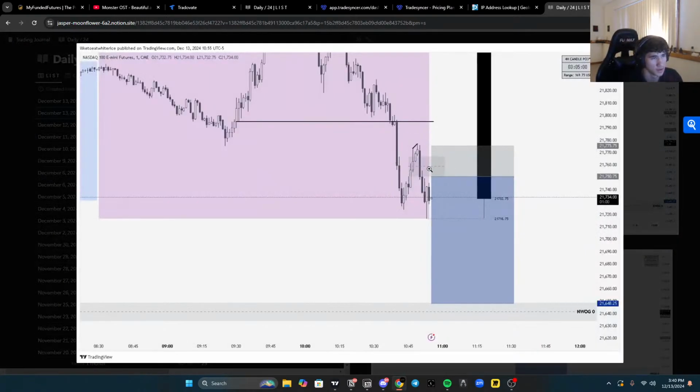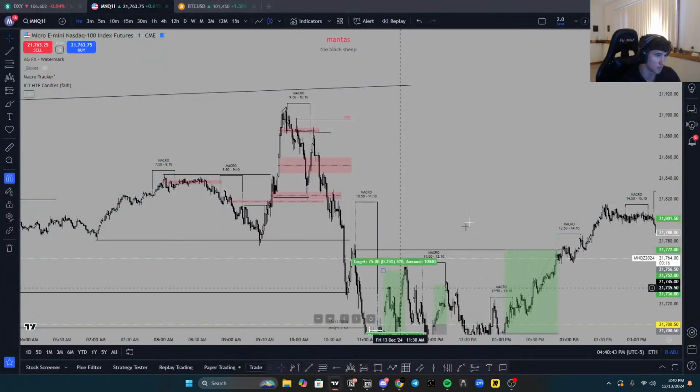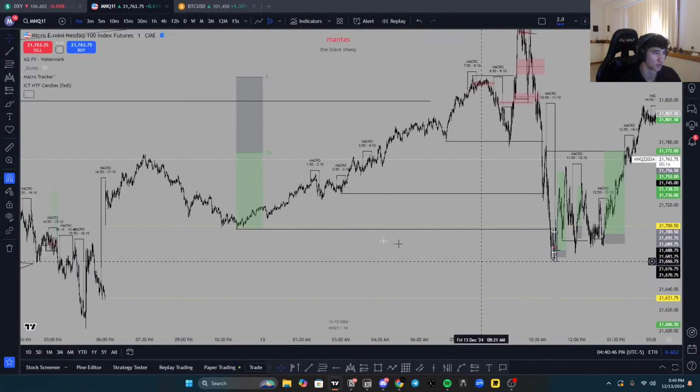Limit for shorts here. Bang SMT. I mean, it looks good, but we already ran out our London lows, and I would have said you should probably mark out the new day opening gap. That was a major part of my bias going into the morning. We ran away from it.